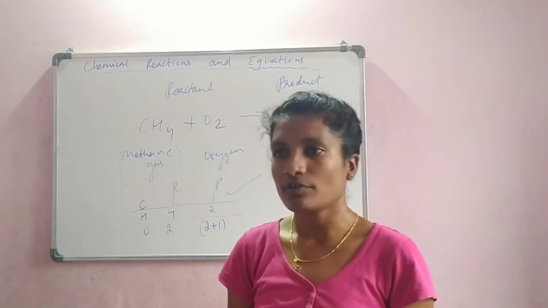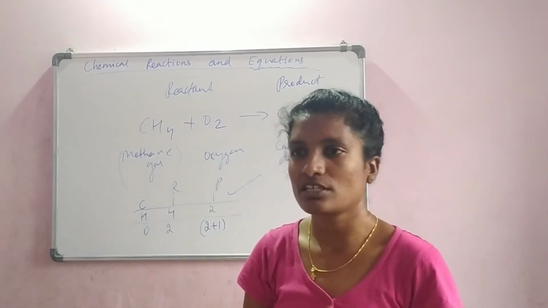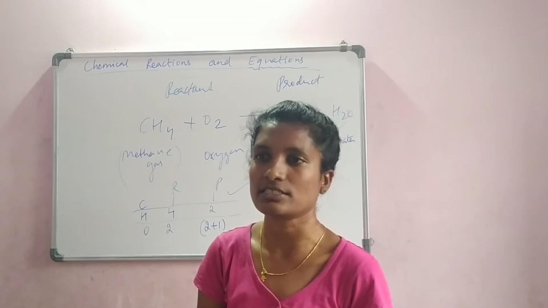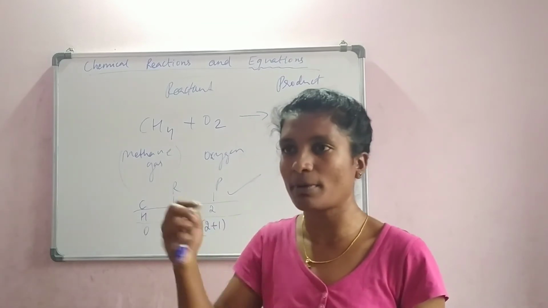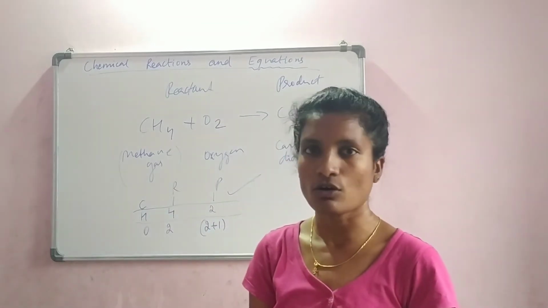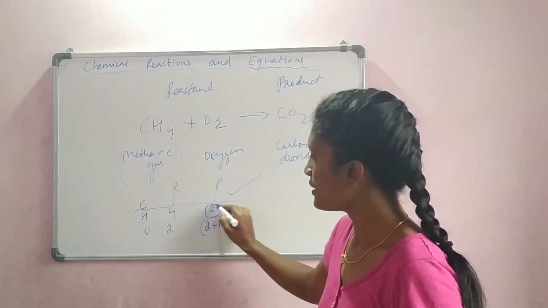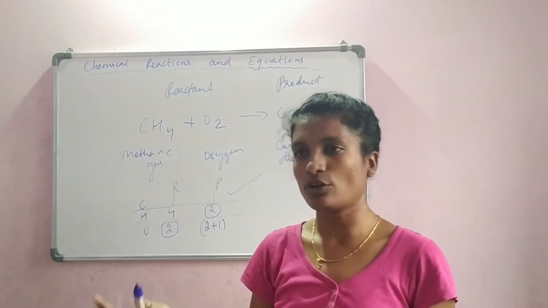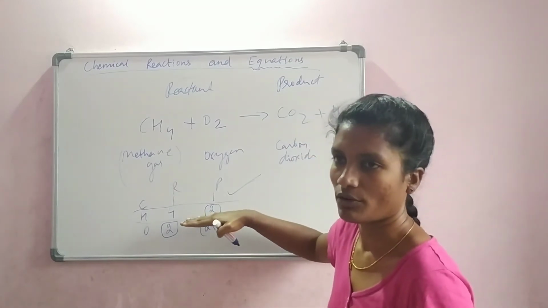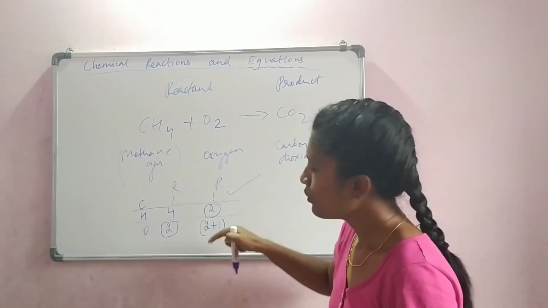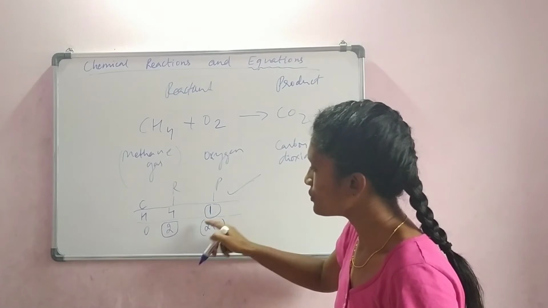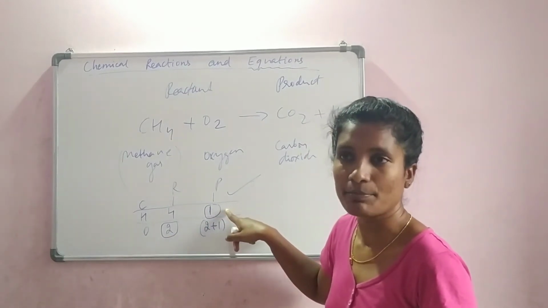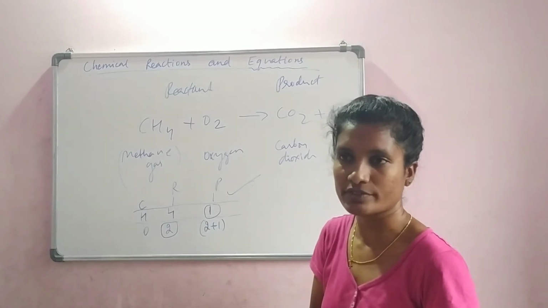So what we can first take into consideration is that the least number can be balanced first, so that it will help us balance the equation in a few steps. Okay? Since we have 2 here and 2 here, both are least numbers, both are at equal level. So you can take either of them. Let us start with hydrogen. If we had 1 hydrogen and there is 2, we should definitely start with this. So this will help us solve the equation in a few steps.